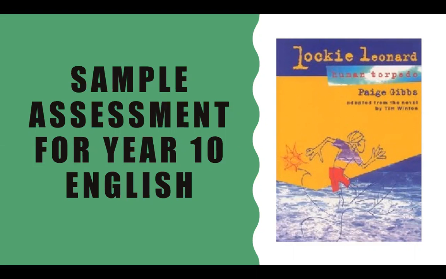Normally in Year 10 English, the persuasive assessment is on a famous play by William Shakespeare, Romeo and Juliet, posed with a question on relationships or individual characters and their motives throughout the play. However, due to Elsie's difficulties to communicate, working with another play with less complicated language is the way to go. Knowing that Elsie loves to surf, the play that we chose for her is Lockie Leonard, an Australian play